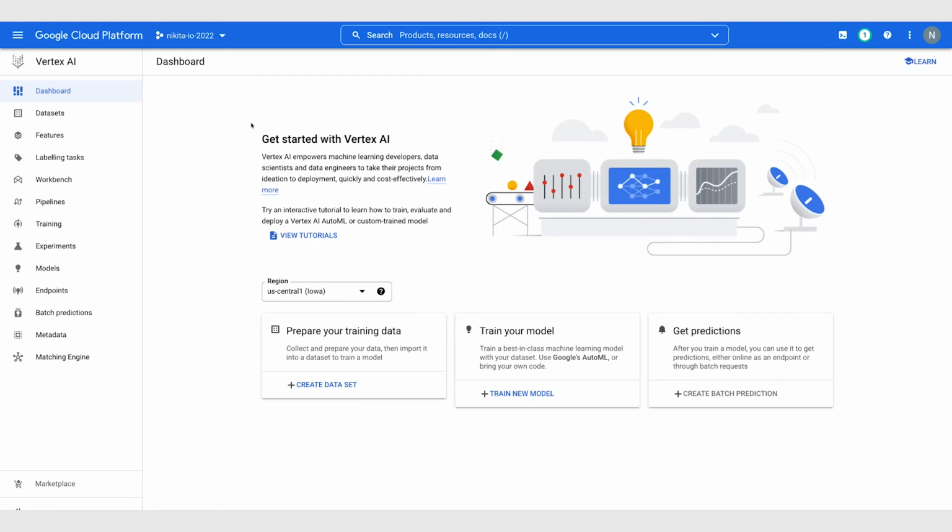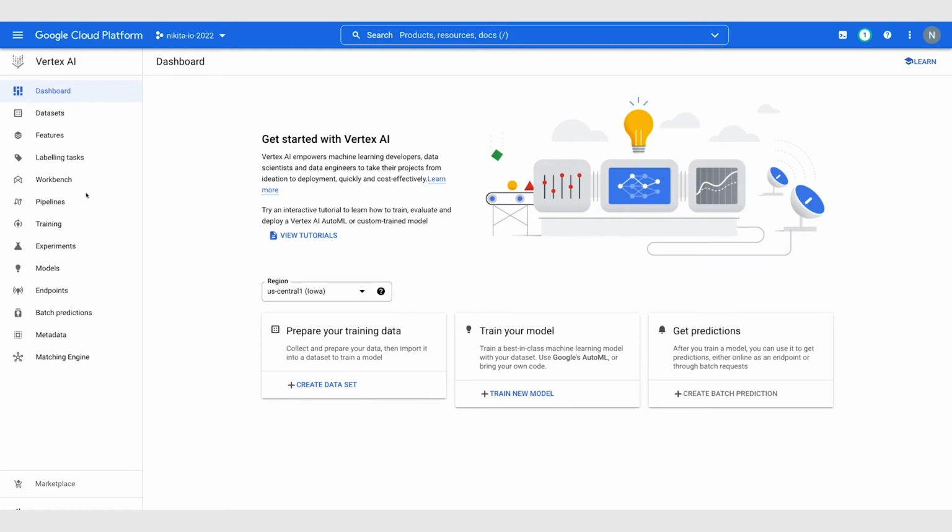Before you get started, you will need to set up a couple different APIs. You'll need to make sure that you have the container registry API enabled, as well as the compute engine API enabled. And I've gone ahead and done that already just because it takes a couple minutes. But if you still need to do that, be sure to check out step 4 in the code lab, which will show you how to enable both of these APIs. Additionally, if you've never used Vertex AI in your project before, you will be prompted here on this home page to enable the API. So be sure to click that button and make sure it's enabled.